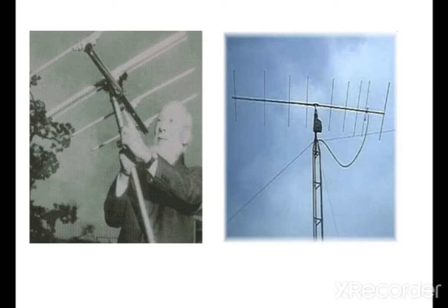If we take the left side, how many directors, dipoles and reflectors are there? Every antenna has only one dipole and one reflector. The number of directors varies depending on the design of the antenna. For example, one reflector is standard, one dipole is standard, and there are two directors in this antenna. This is a 4-element antenna. If we take a 5-element antenna, there are 3 directors, 1 dipole and 1 reflector like this. This is the shape of the antenna in general, for household TV applications.